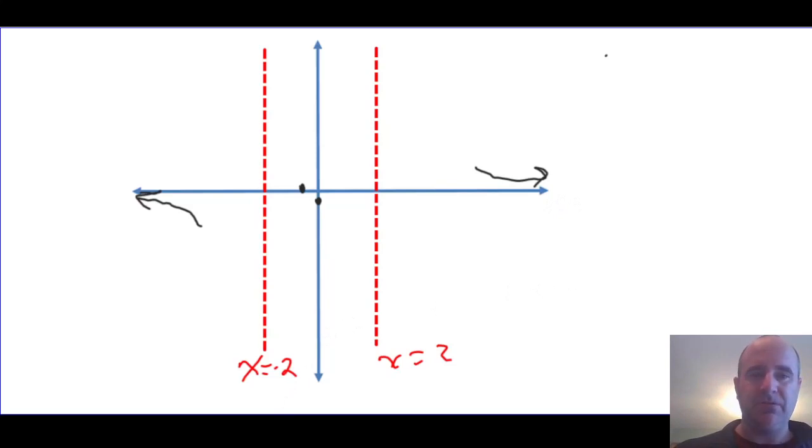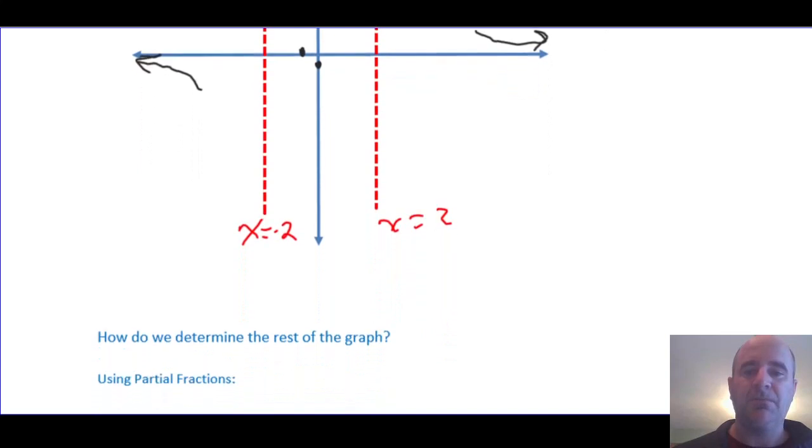Now, how about the rest of the graph? I mean, you almost have enough here. You could start experimenting with some points, and you could pretty quickly figure out what most of this graph looks like if you examine what happens to the graph as it approaches the asymptote from each side. But I'm going to show you a method that'll give us the general shape, and that method is called partial